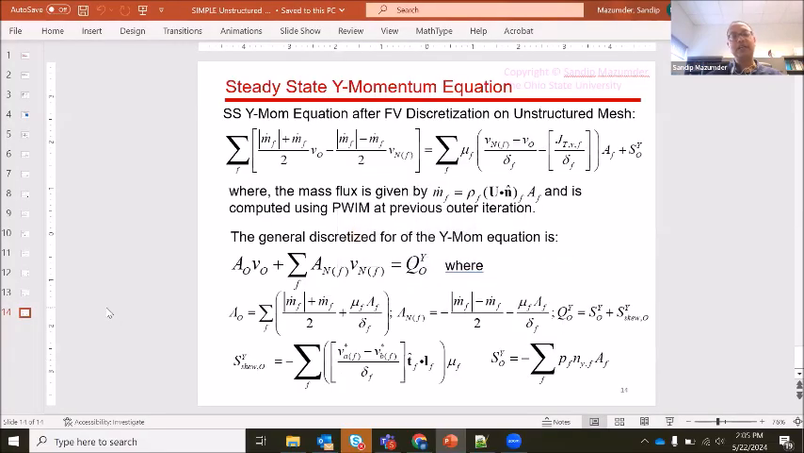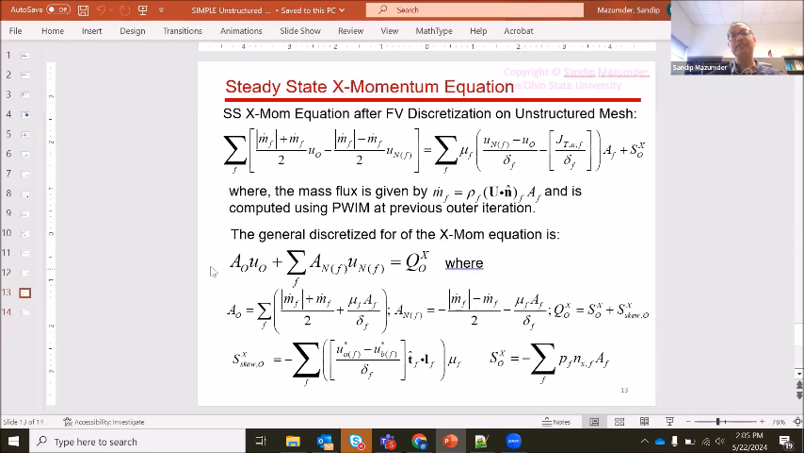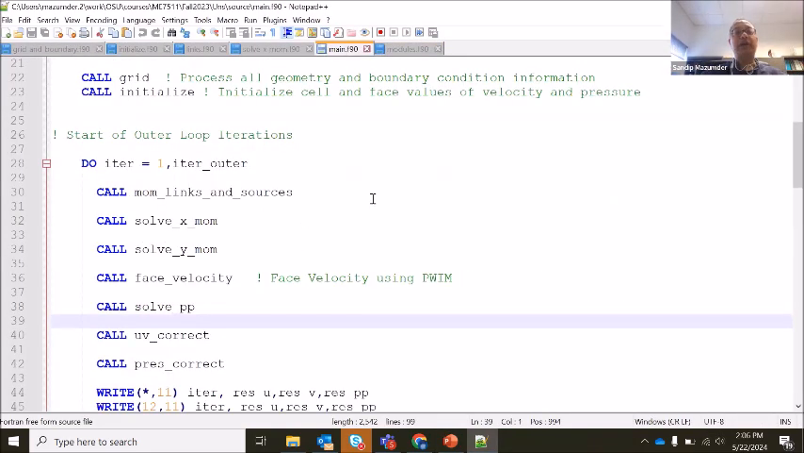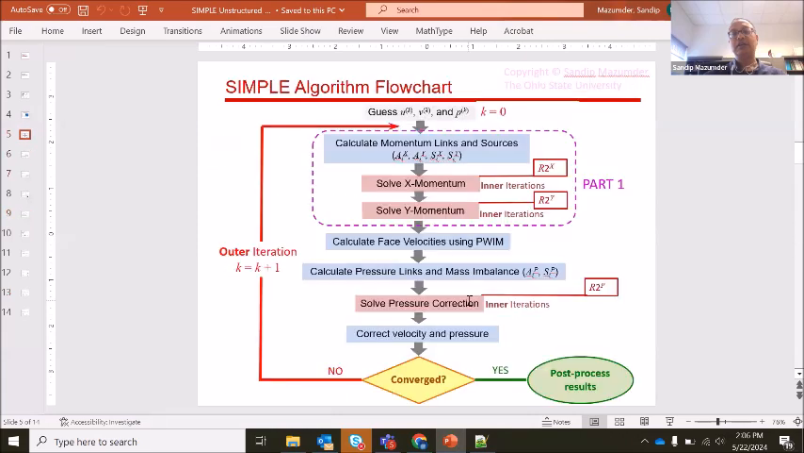And now what I'll do is I will show you a bit of coding so that you understand how these equations are used. And while I'm doing that, I'll keep this slide open because these are the equations we are going to finally code in. So I will begin with the main program. And the main program, you can see, this is the outer loop iteration. And if I go back again to my algorithm, that's the outer loop, that's this red arrow. Within the outer loop, the first thing we are doing in the main algorithm is calculating the links and sources for the x and y momentum. And then we are solving the